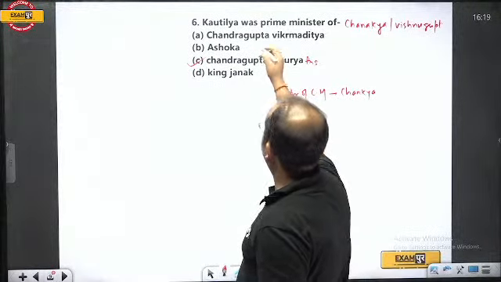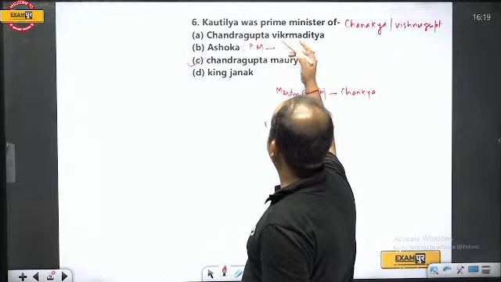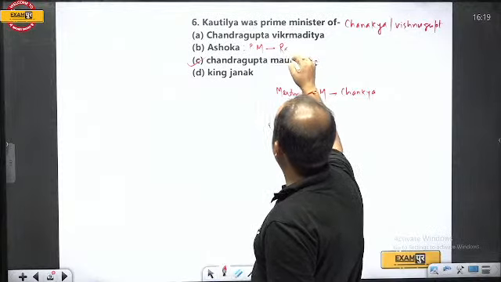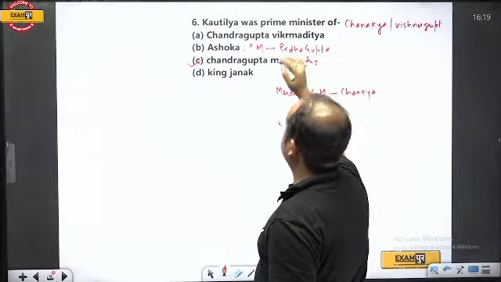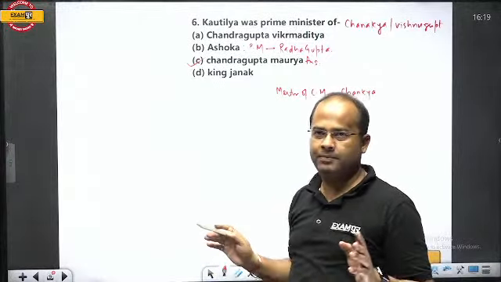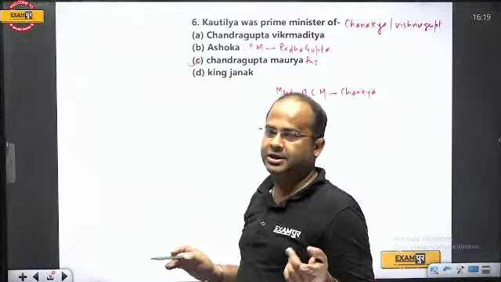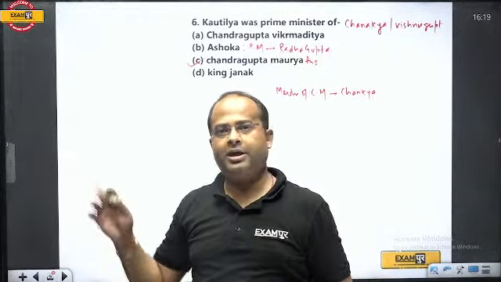During the time of Ashoka, the prime minister of Ashoka was Radhagupta. Radhagupta helped Ashoka to kill Shushim. During the war of succession between Ashoka and Shushim, Radhagupta, a disciple of Chanakya, helped